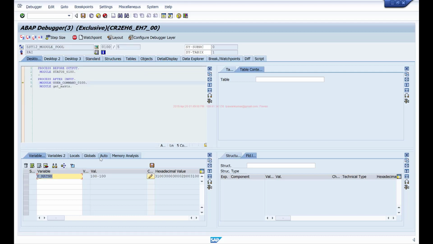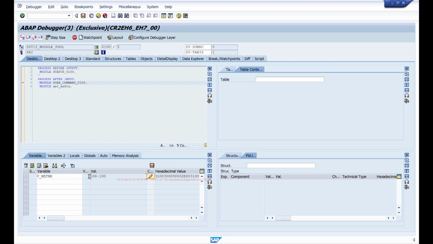But the moment I reach my FlowLogic, it has triggered this PAI and it's executing all the modules in the PAI. And the moment you reach this FlowLogic, the data is already transferred to my program. Whatever I entered on the screen is transferred to this field. So this is automatic data transfer. All the data from screen to program is transferred automatically when you reach this PAI.